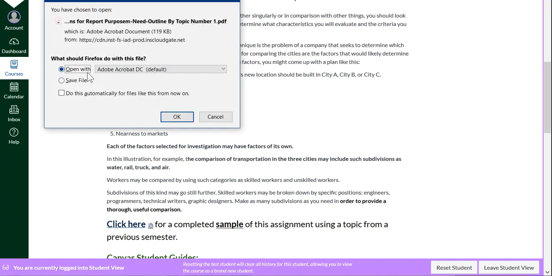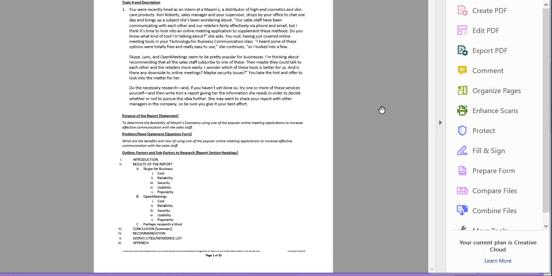This was a topic that I used in a previous semester. Here was the description. It's a little more detailed than the choices I've given you here, but it's up to you to summarize, and that's part of what you have to do in writing your description: to summarize what the report is about, and then complete the purpose statement, the problem and need,